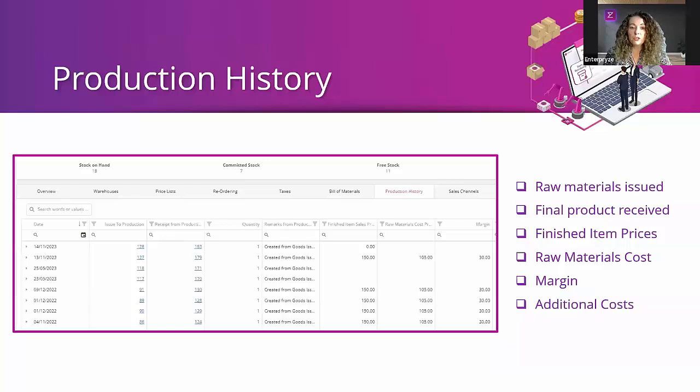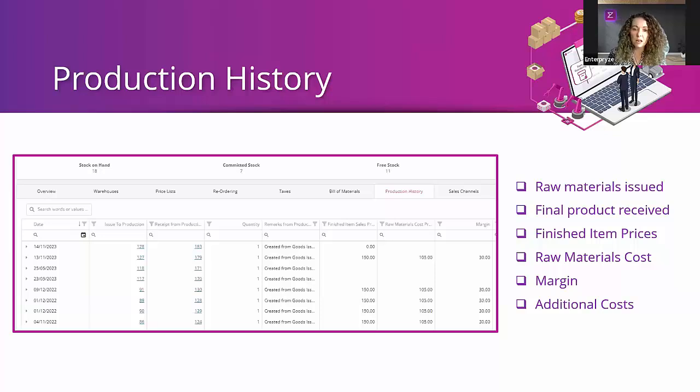Just a reminder of where production history can be seen. So for example, going back to the stock item details, I'll remind you of where this is. On the stock item details, you will see we have a production history tab. What this does is take a record of all of the production history. So that's where you've created goods issue, for the issue of the raw materials, and the goods receipt where the final product has been